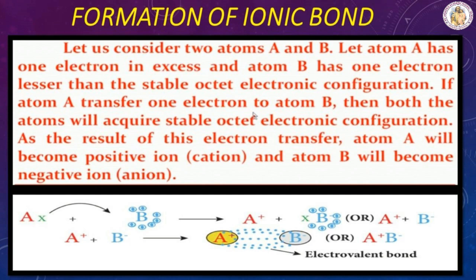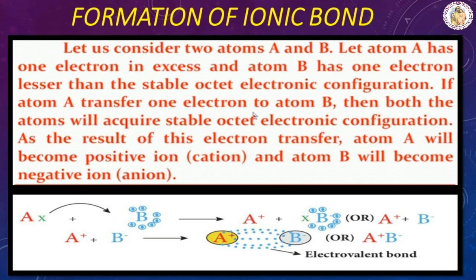And atom B will become a negative ion, anion. Why does atom B become a negative ion? Because it gains the electrons. These oppositely charged ions are held together by electrostatic force of attraction, which is called ionic bond or electrovalent